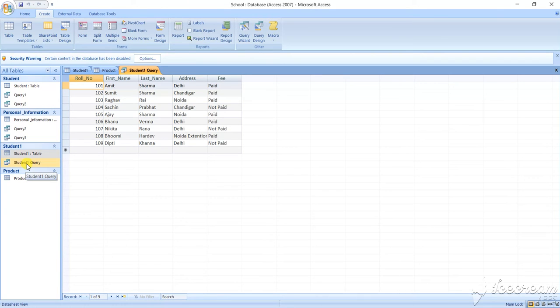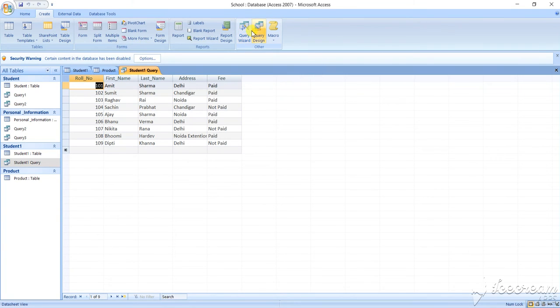If you do finish, see here the query is there. Okay, this is the query table. So the query table has been created. That means based on those particular fields, the data has been shown to you. So this is based on the wizard. So wizard query is one method. Another method, where we can give the condition, is query in design view. Suppose it has asked you to show those students who have paid the fees.